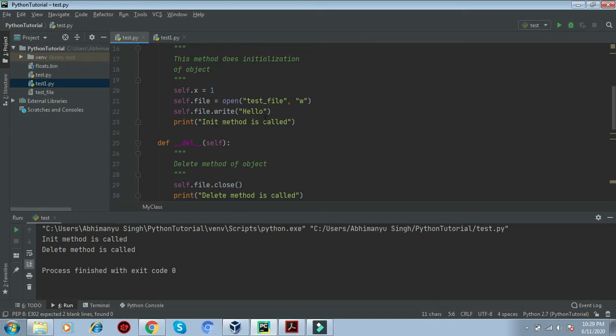In this initialization, I created a file and a file pointer.